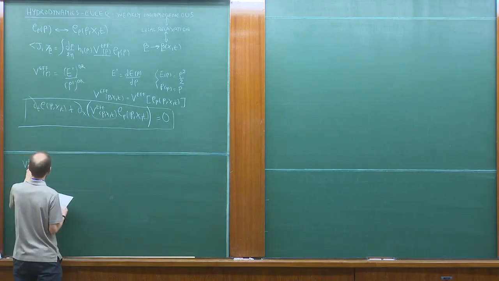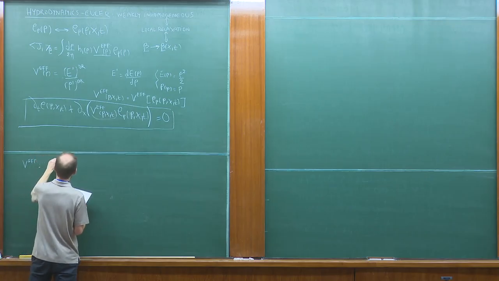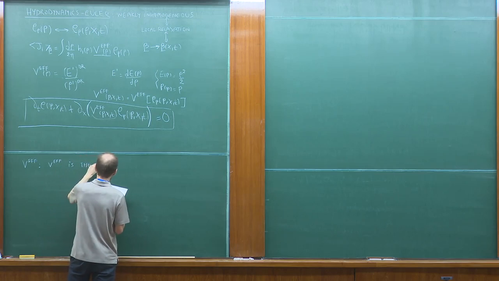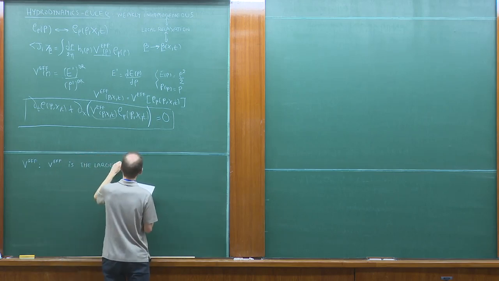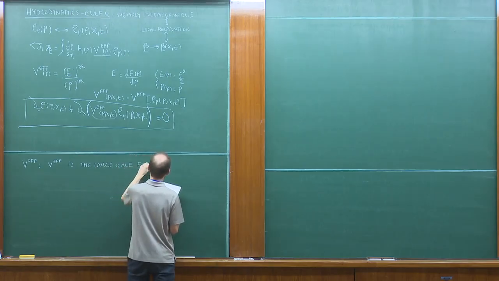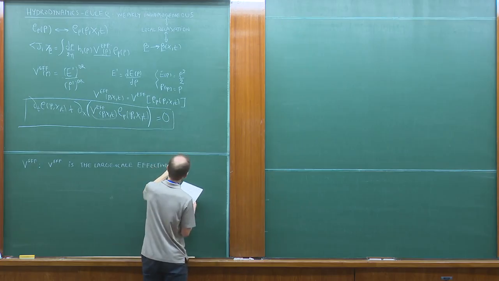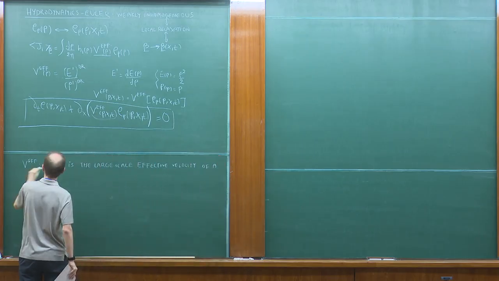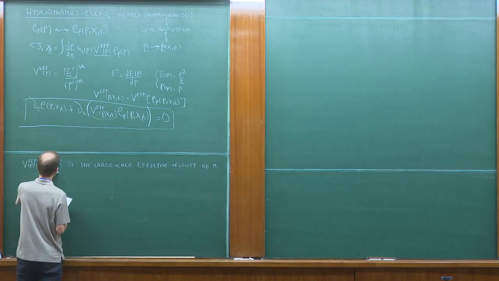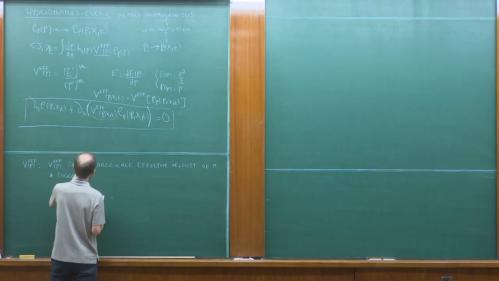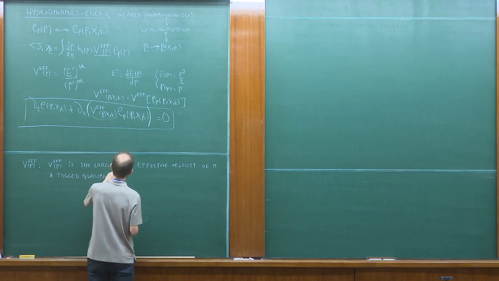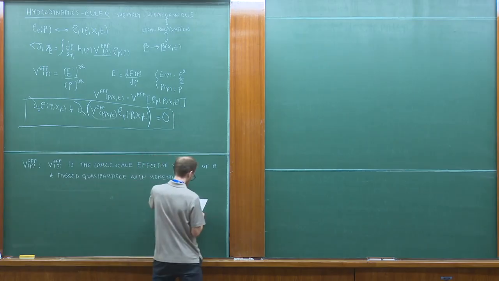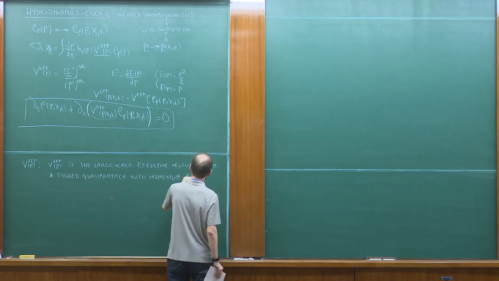In particular, I will try to convince you that V effective, I write it in words and then we see in formulas, but I think words come before because they are important, not to get lost in too many equations, is the large scale effective velocity of, let's say, a tagged quasi-particle with momentum p, obtained